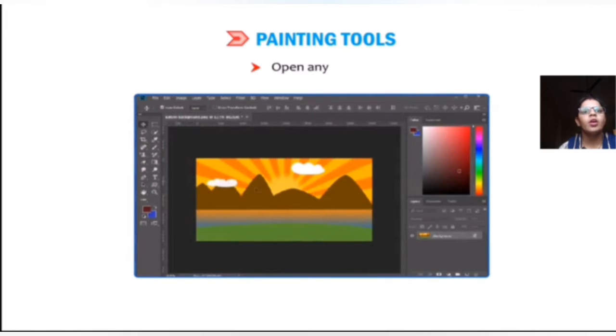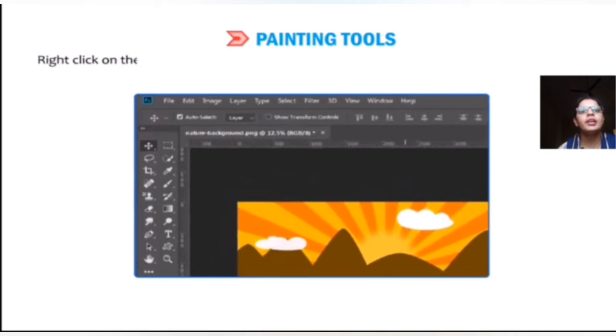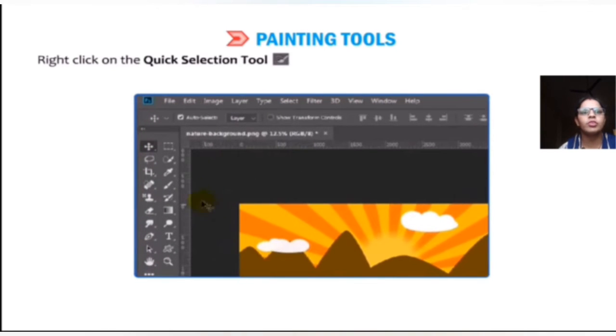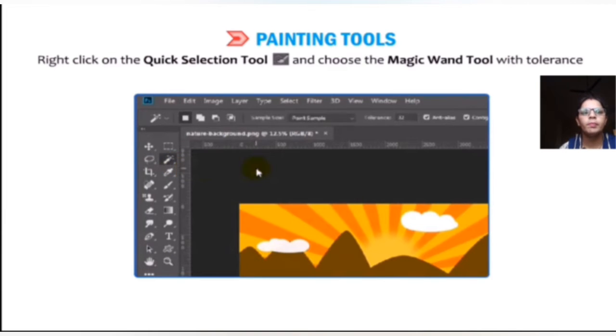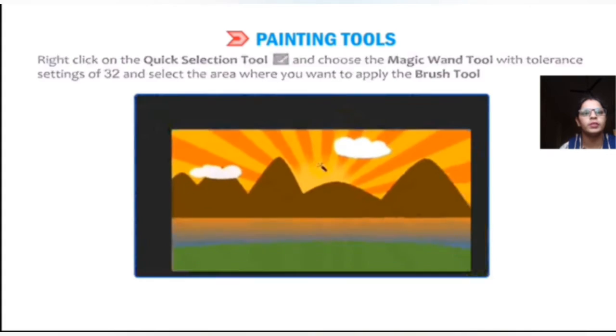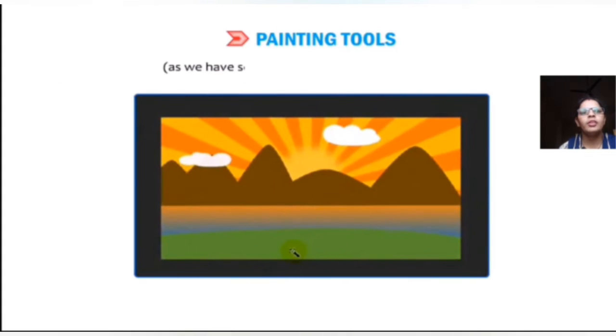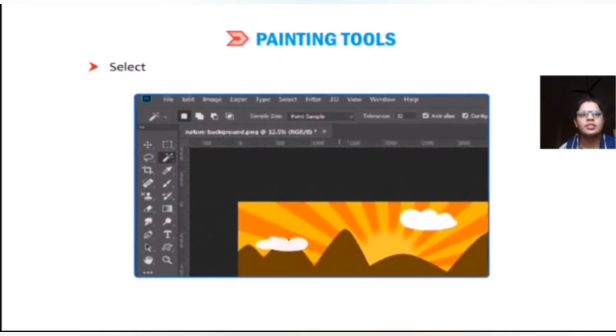First, open any image. Second, right click on the quick selection tool and choose the magic wand tool with the tolerance setting of 32, and select the area where you want to apply the brush tool. As we have selected the grass area in the image, you can see in this image that it is a grass area.